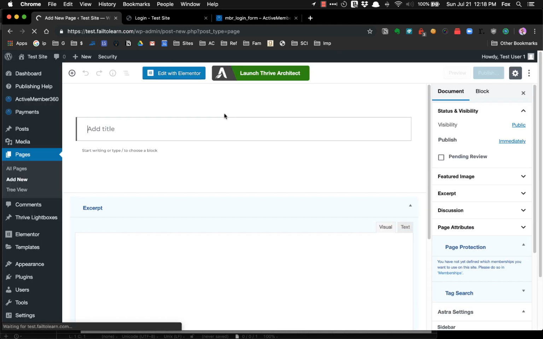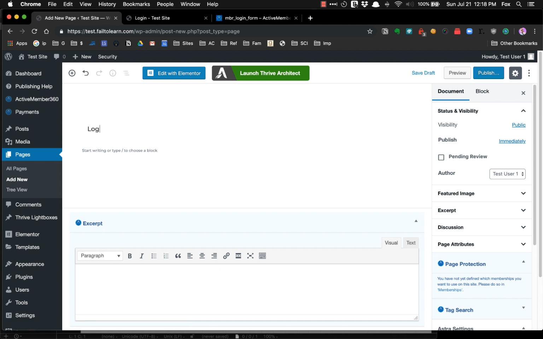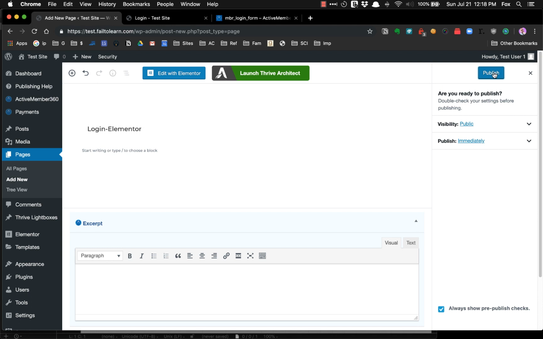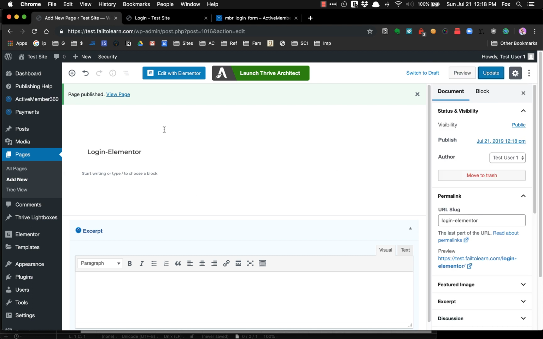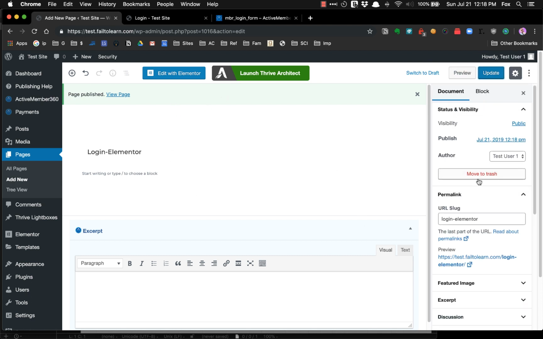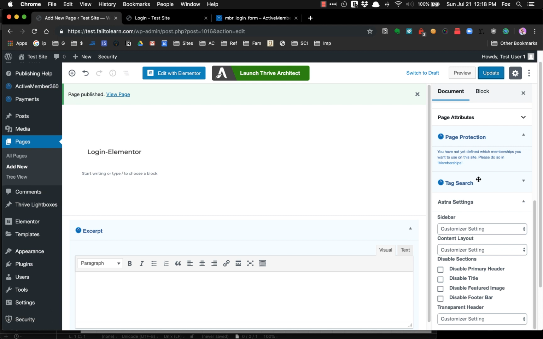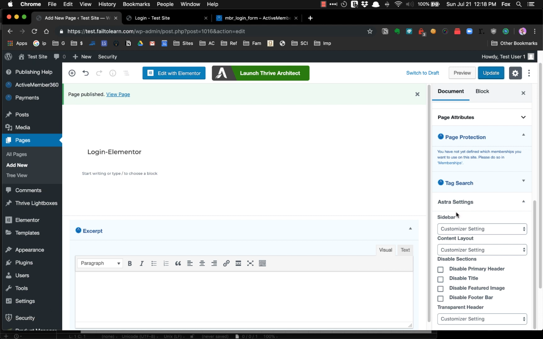Okay, now let's make a quick login page with Elementor. So I'm going to add a new page here. We're going to call it Login Elementor, if I can spell. I'm still working on that part of things here. And we're going to publish it here. Once we do that, Elementor saves things, we've got to publish it so we can edit it with Elementor. One of the cool things about Astra, which is the theme that I'm using, is that we